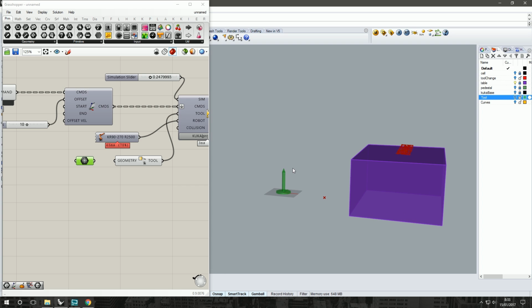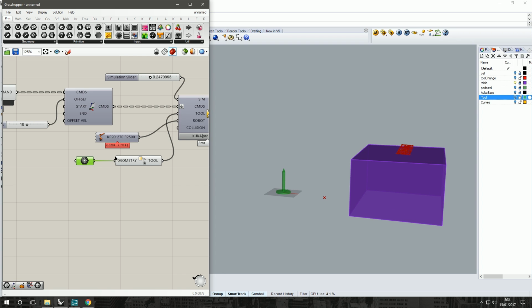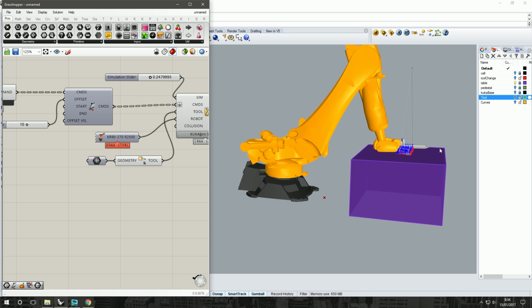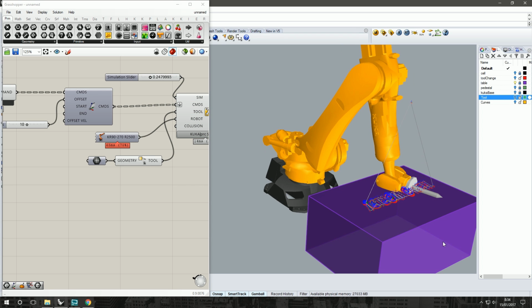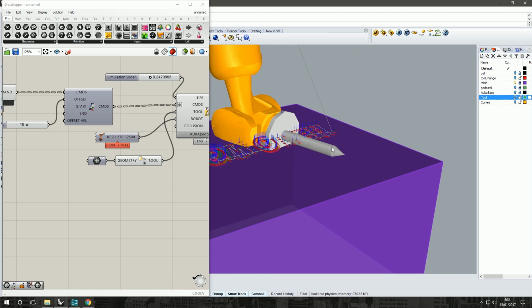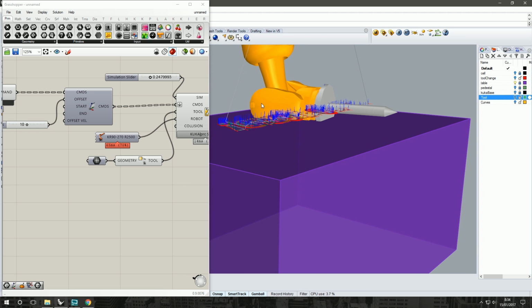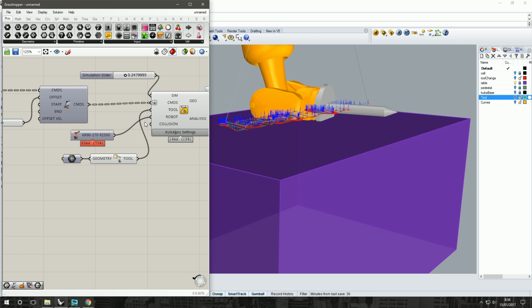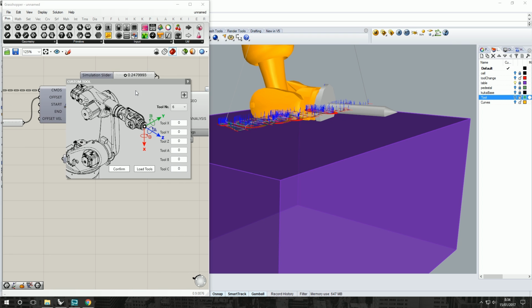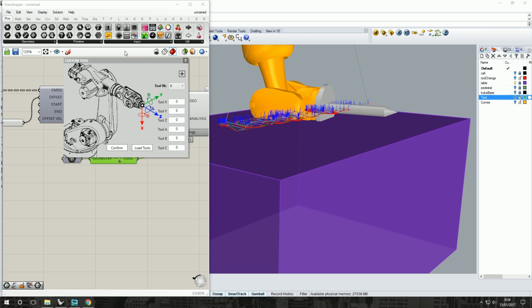So we don't need to see that anymore. If we hide that, we can see our tool being referenced inside of Grasshopper. And we put our tool mesh into our geometry. We don't need to see that anymore. When we preview the robot, we can see that our tool, our pen holder, is now on the end of it. And that doesn't look very right. The KUKA is colliding with our table that will be holding our cardboard or paper, and the tool is painting the wrong direction. To fix that, you have to set up your TRC